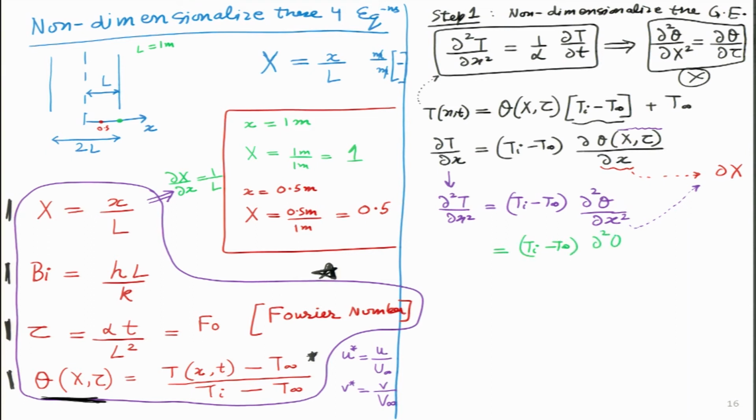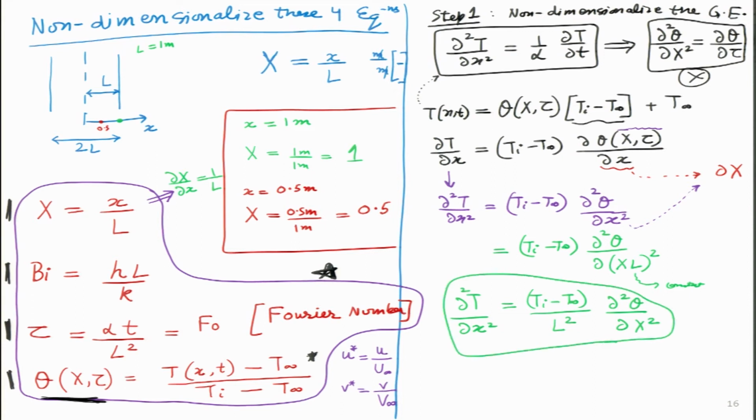So the numerator remains like this, and then the denominator becomes x into L, and then the square over there. Now this L is a constant, which means I can perhaps take it outside this particular bracket. Let me go ahead and do that. So what I get over here is, this was already a constant, L square also I take outside. So what I get is L square del square theta by del x square, and my left hand side was del square T by del small x square.